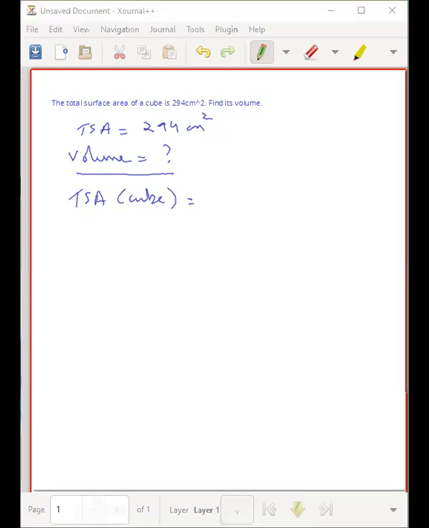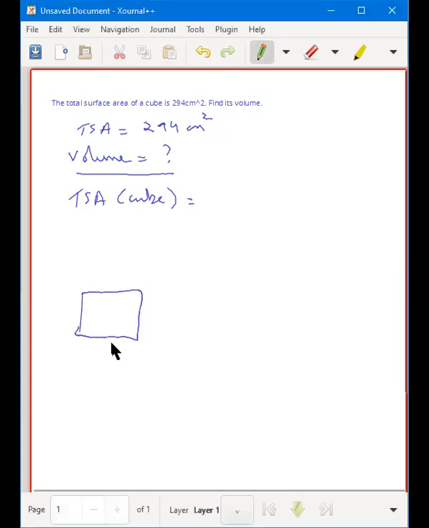Sarah, keep yourself unmuted. Rishima, the answer is correct. What is the total? 2 into length into breadth into height. I just told you, Sarah, that a cube has all sides equal. So what will be the formula if all are x? Did you copy the notes from yesterday? Yes. Can you go back and refer and let me know the correct formula for total surface area of a cube?